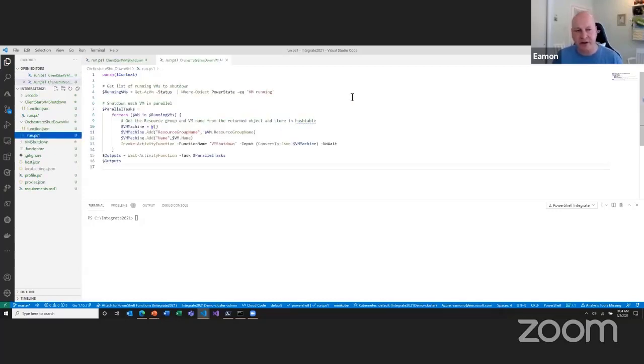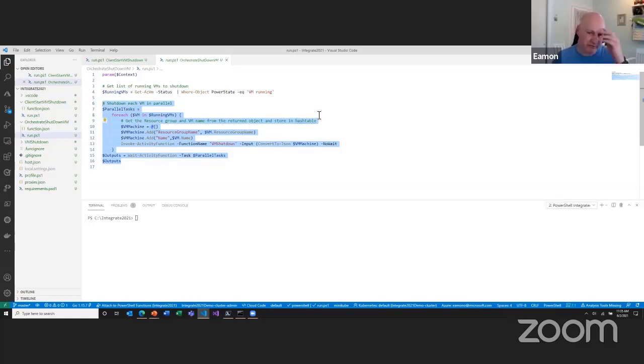And so my scenario here, what I'm doing is I'm actually going to shut down any virtual machines in my test subscription that are running so that they're not using compute when they're not needed. So oftentimes in test subscriptions or even in certain other environments, you might want to make sure that you have some policy that says, active VMs after 8 o'clock need to be shut down unless somebody has opted out of it. And so here you can see I'm just getting a list of all the running virtual machines in the environment.